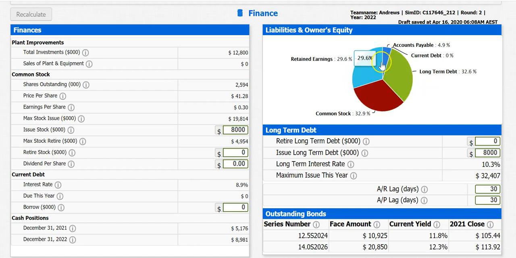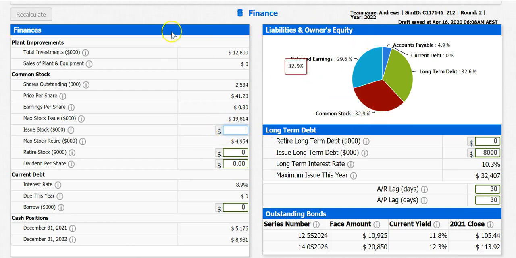Now, if you can get these relatively even, half-half, that means your ratio is going to look pretty good, which means you will improve your leverage score. So, what I could do is to fix that. I won't buy common stock because I've already got a lot of that. So if I reduce that common stock out of there,